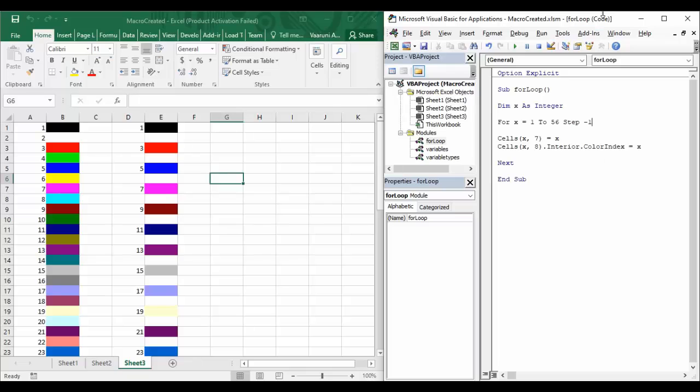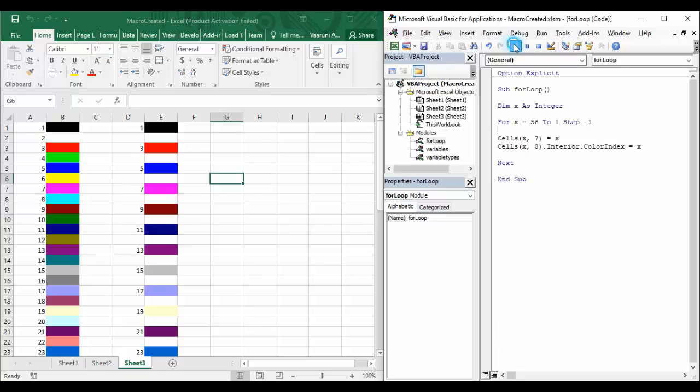So let's see an example. Let's just run it using this F5 function. Okay, so that is giving actually no output, and the reason is we have to change its order also from 56 to 1 like this, so that it would execute the for loop in the reverse order.